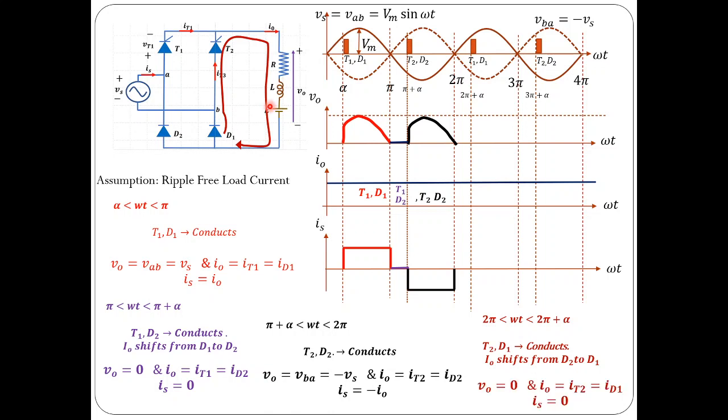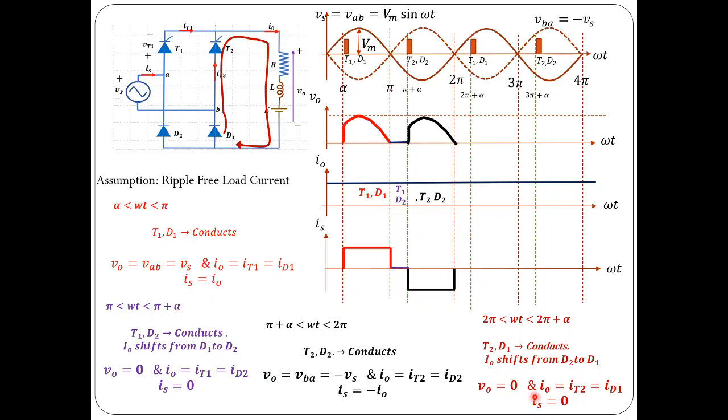So during this period the load voltage becomes 0. The load voltage is equal to the drop across these two switches, thyristor and diode, and while they are conducting we assume that their drops are also almost 0. Let me take it as 0. Of course, practically we have a small value, but that is ignored for analysis purposes.